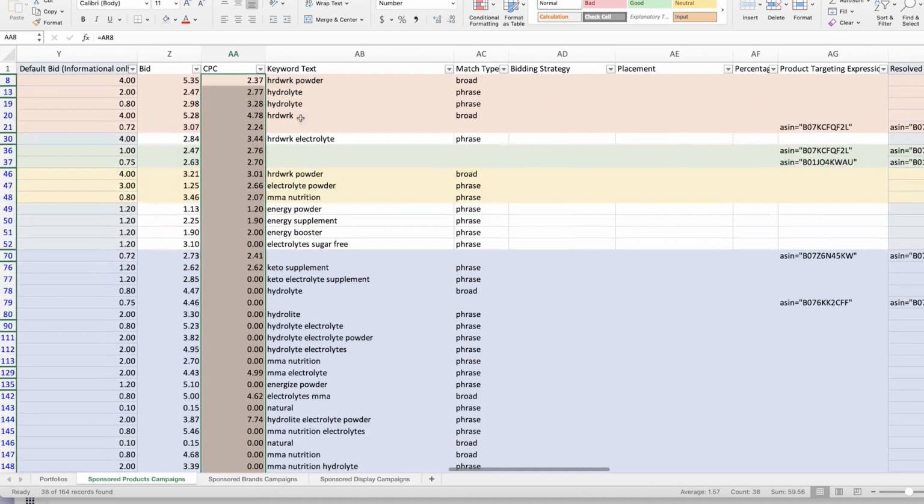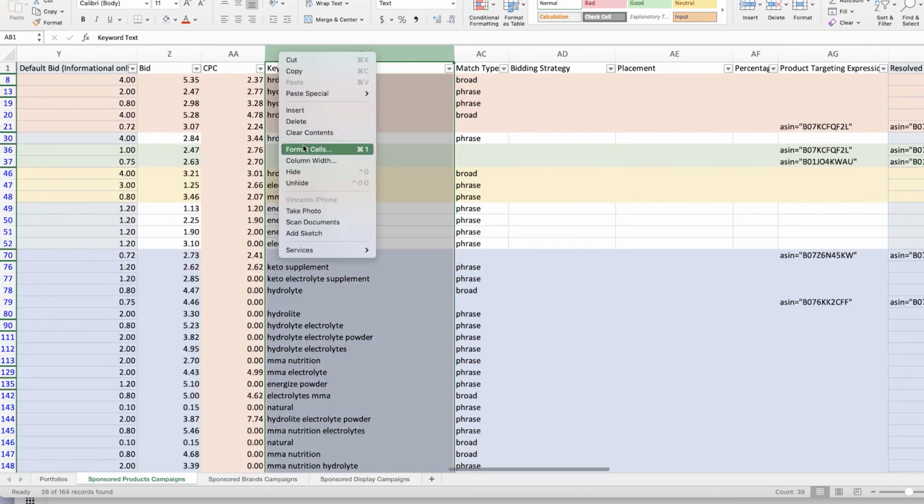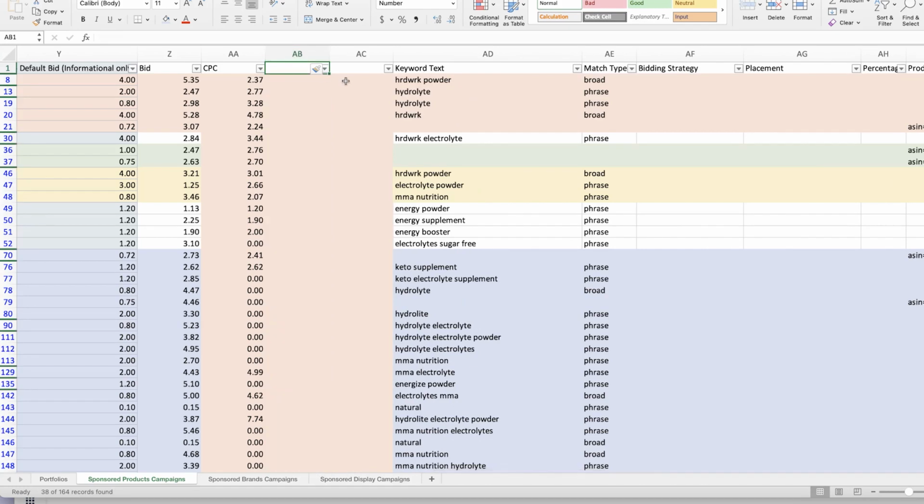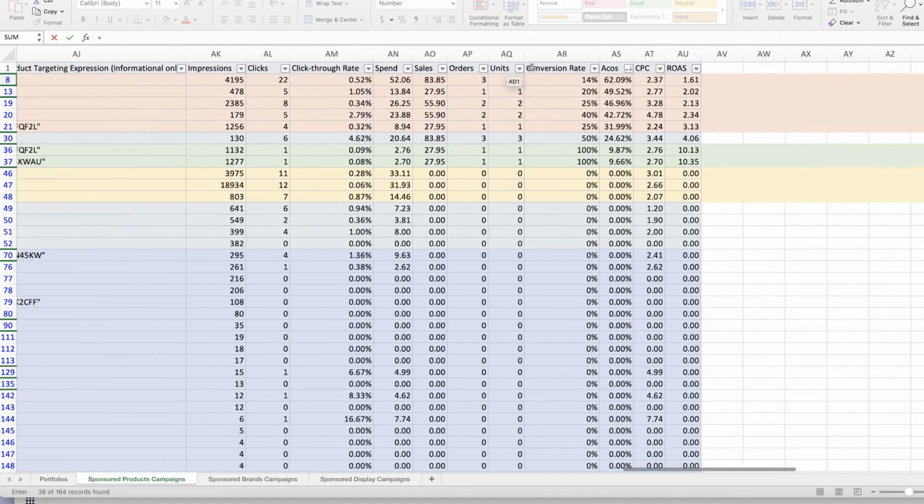Okay. Next up, I am going to add a couple other columns. One of them is going to be percent of sales driven. And the final one is going to be the new max bid. Okay. Now, for the percent of sales driven, the equation is equals sales divided by subtotal